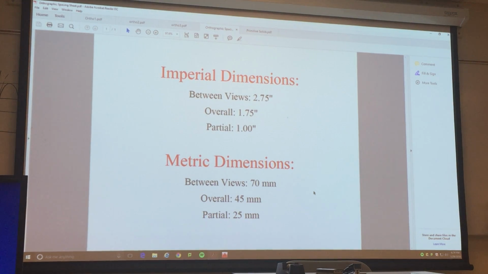And this is not a formal document that anybody was like, hey, this is in a book somewhere. I literally just made this up one day. Doing this, I noticed that people struggled with how to lay these out. In your drawing book, and I'd have to look and see what the page is, there is a whole chapter